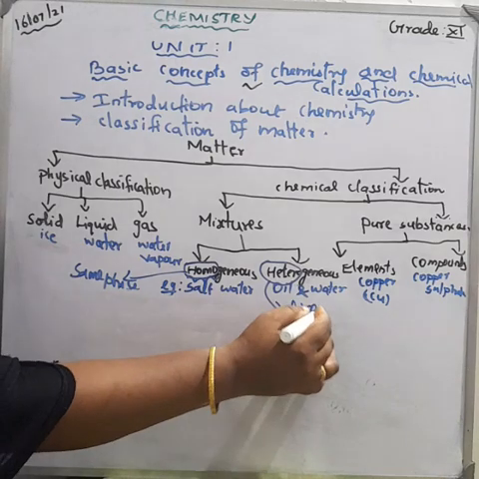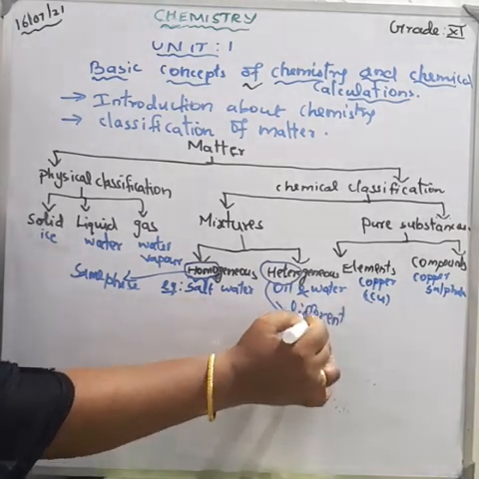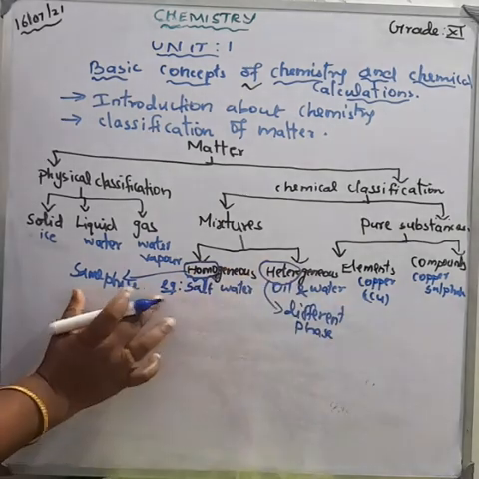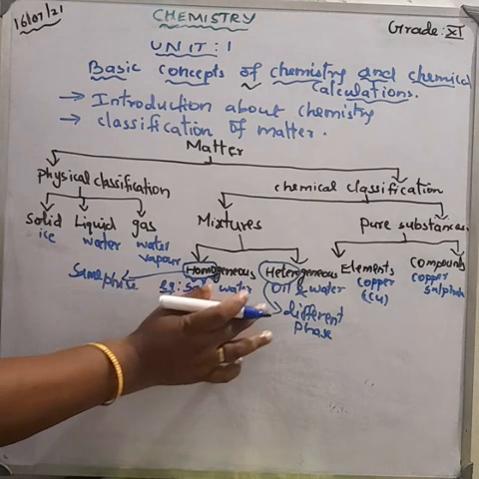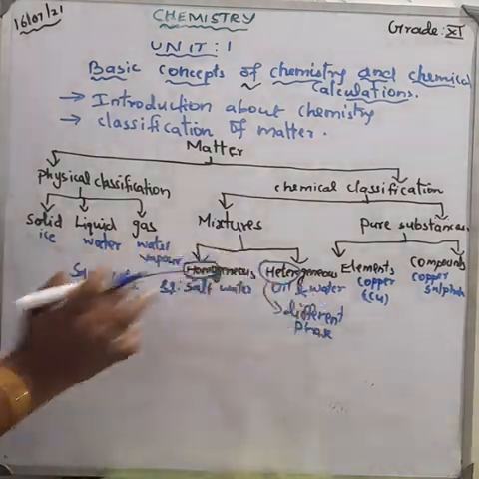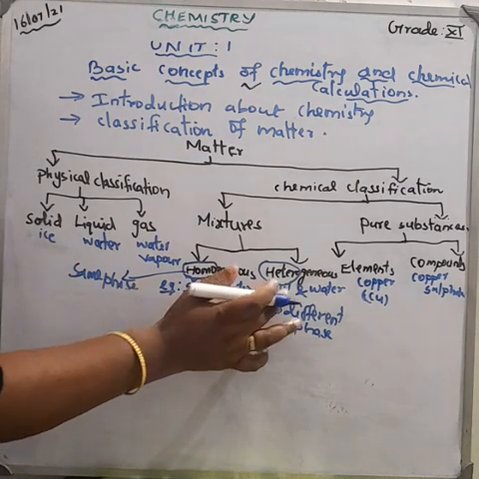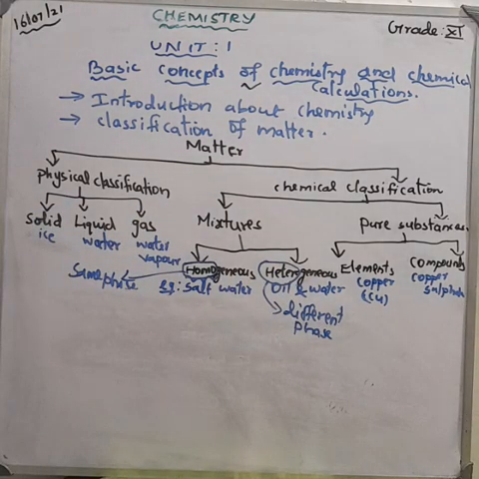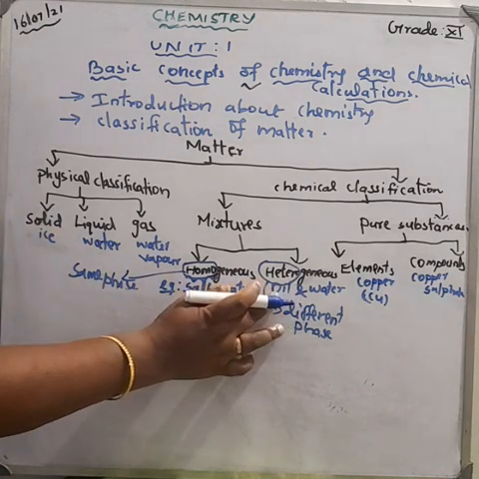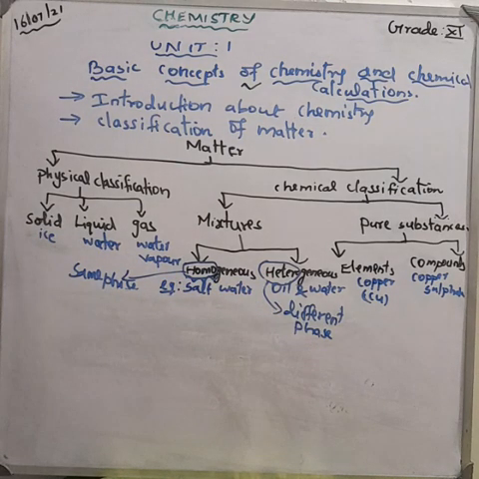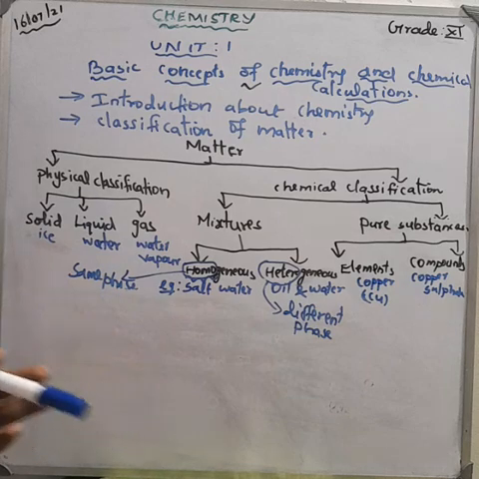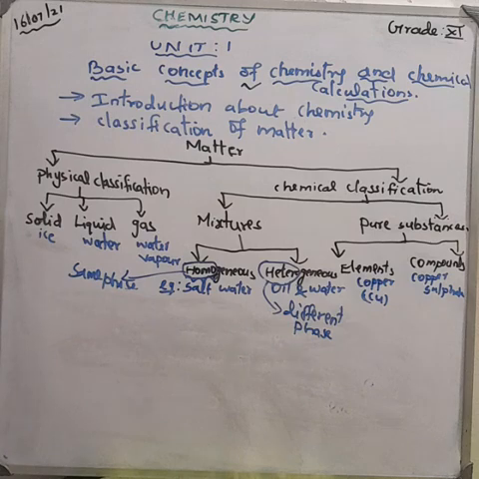In the case of a homogeneous mixture, we cannot identify the salt separately and the water separately. That is, they are in the same phase. But heterogeneous means, for example, oil and water. What is an example of a heterogeneous mixture? Oil and water. When we mix water with oil, we can separate the oil from the water. We can find out which one is the oil and which one is the water. So that is heterogeneous.